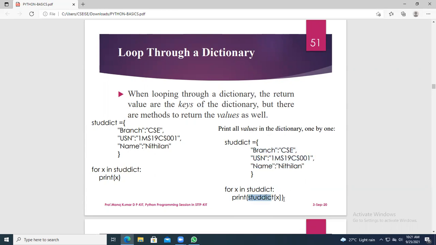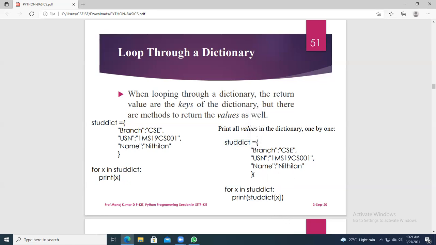If you give static of X, you will get all the values of the keys. So this is one of the methods we use for printing all the values of the dictionary. To print the keys, simply give print of X. For printing the values, you should give static of X. Static is nothing but the dictionary variable of X. So it will print all the values.